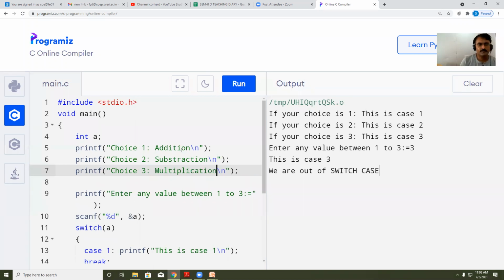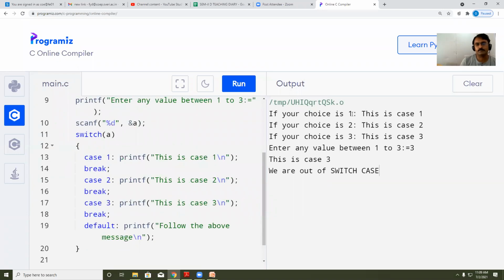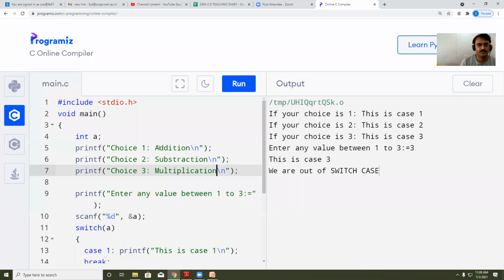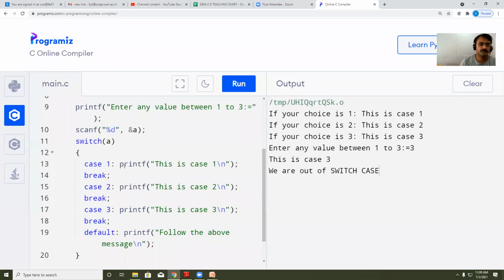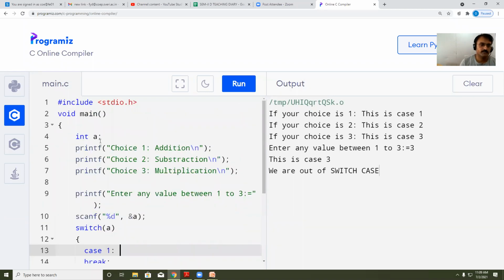So instead of printing a simple statement, now I'm using some calculation: addition, subtraction, multiplication. For choice 1, I'm going to implement a program for addition of two numbers. For addition of two numbers, I need variables.